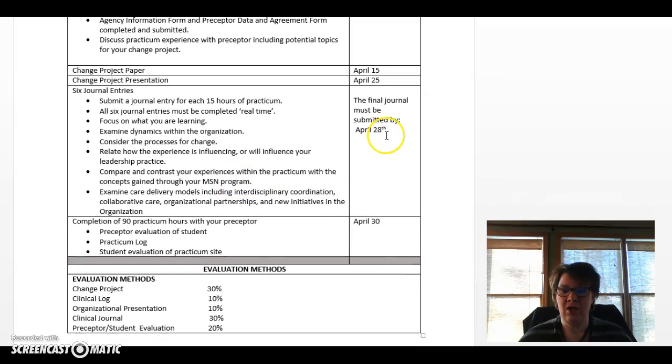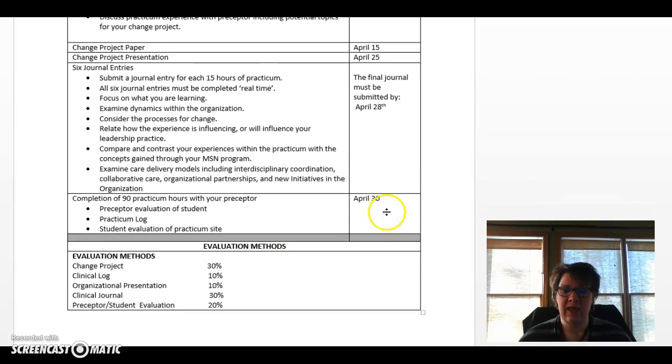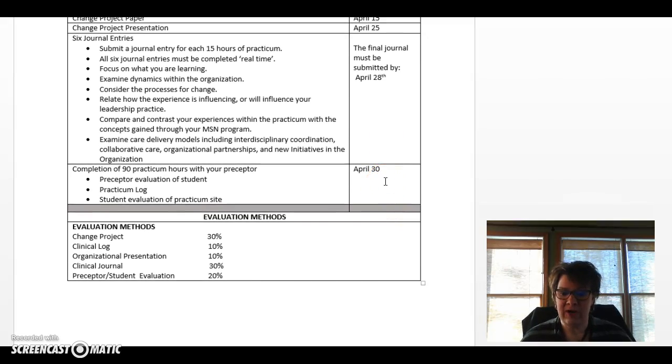So all your journals need to be completed by April the 28th, and then all of your practicum hours and your evaluations, both your preceptor will evaluate you and you will evaluate your preceptor, and you will complete your practicum log. So the practicum log is the same as it was last time. You're going to just indicate what you've done, document your hours, and submit that at the end of your 90